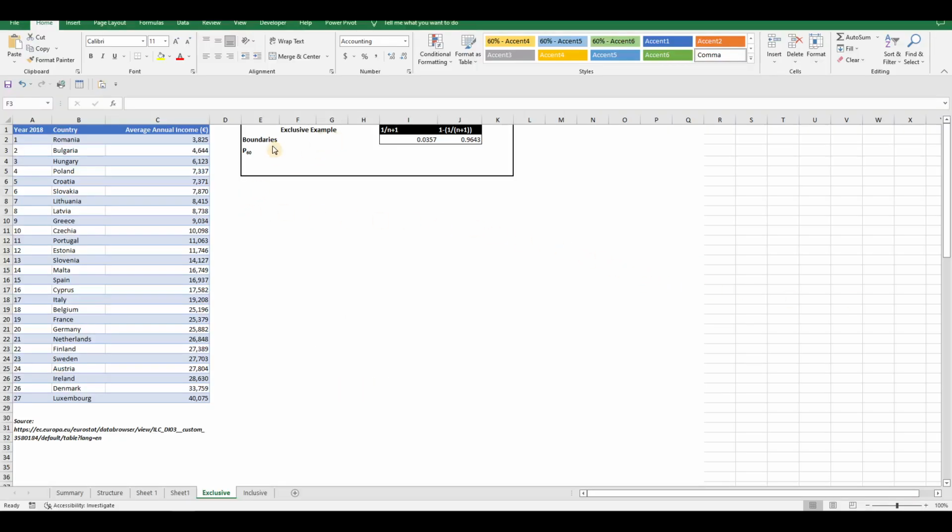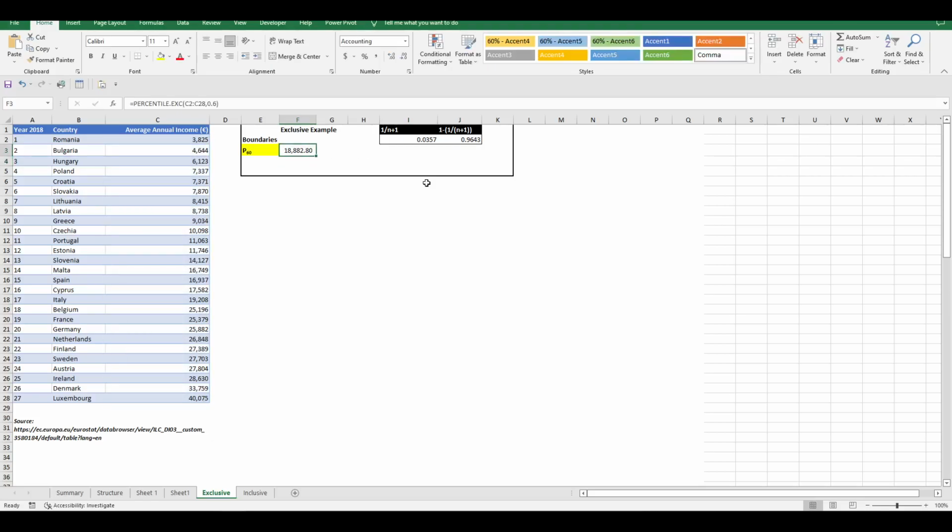Now we are going to use the Excel functions to make these calculations through Excel. So the 60th percentile is equal, we type the equal sign, percentile exclusive, the first argument of the function is the range, that means the list of the data, and the second one is the percentile divided by 100, that is 0.60.